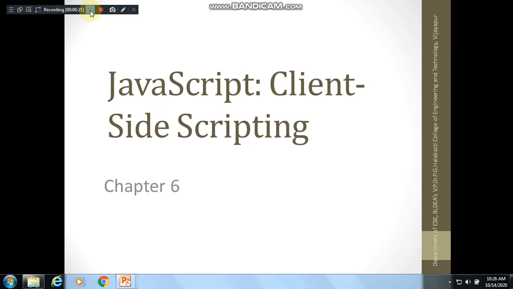Again, in JavaScript we have three different modules as client side module, server side module and general module. So as a client side scripting language, JavaScript is widely used for website development. So let us look on that part first. So this is covered in chapter 6 of your Randy Connolly Fundamentals of Web textbook. So accordingly I have placed the chapter number, but it actually comes under third module.